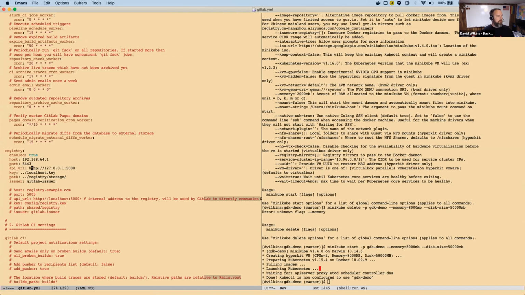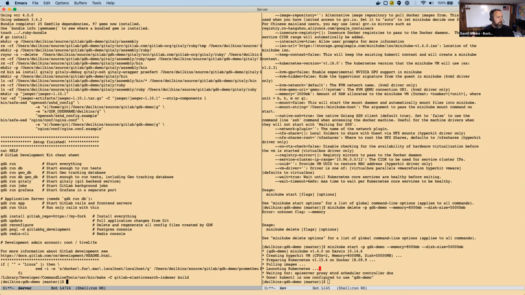So this is going to have to be a self-signed, trusted key. So if we look at that key,